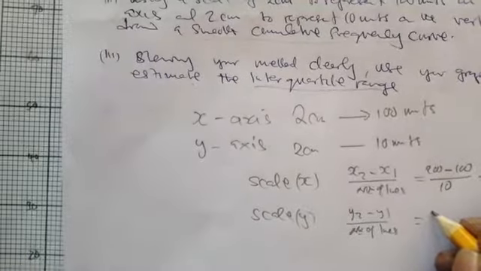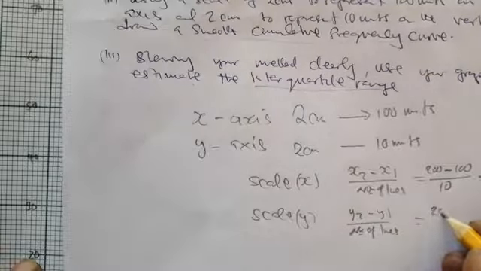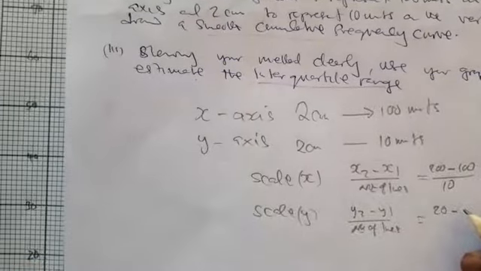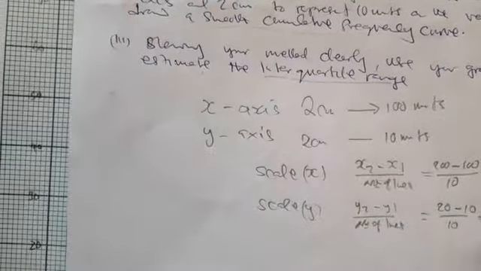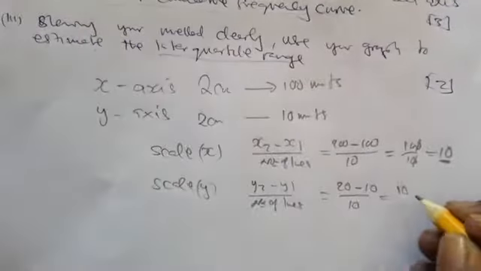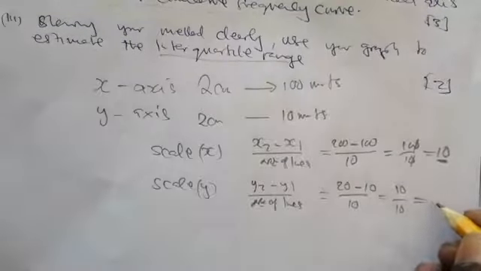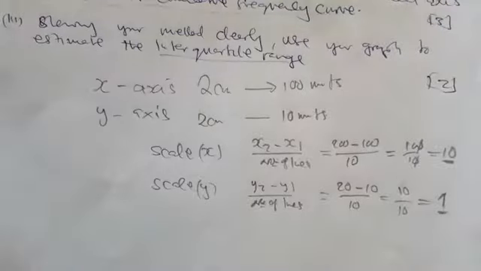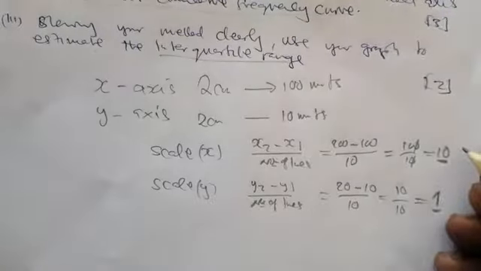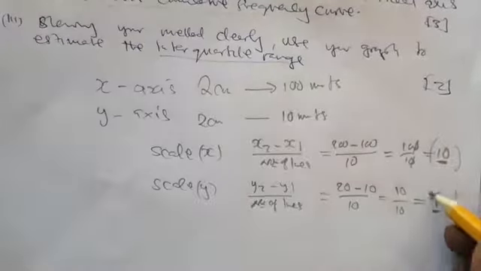So I'll say my y2 is 20, y1 is 10 over number of lines is also 10. So this is 10 over 10, which is 1. So in the y-axis, one line represents 1. So no problem there. So take note of these two. They are very important when plotting. So we say